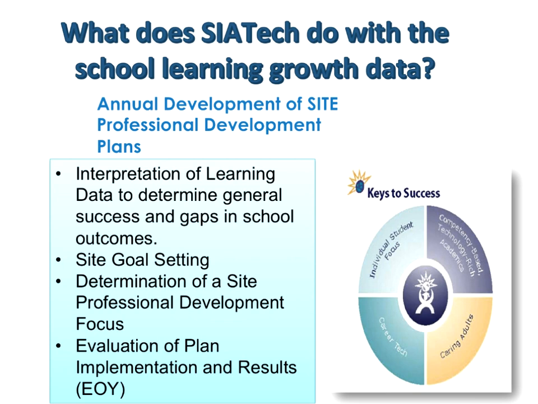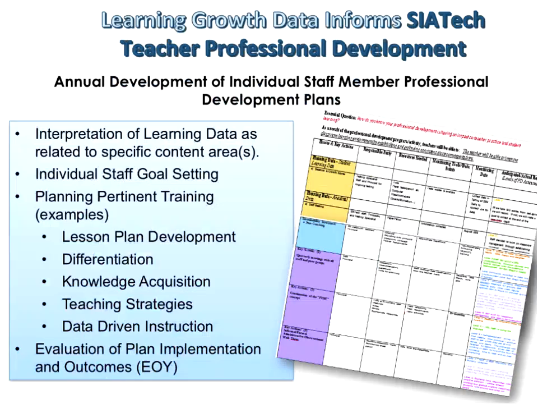And basically what we do with that information is we tie it to our site development, professional development plans and our teachers' plans. And so we look to see where our students are struggling and then how we need to adjust our program to best meet their needs. It ties into, again, everything from our professional development plan down to the individual staff goal setting, planning, training to make sure that we're targeting those areas.